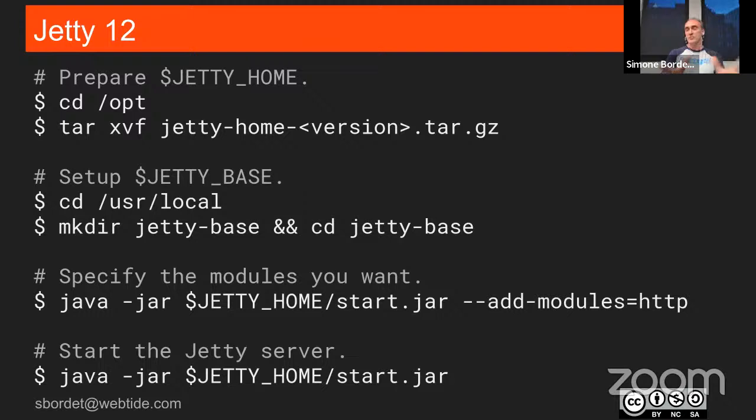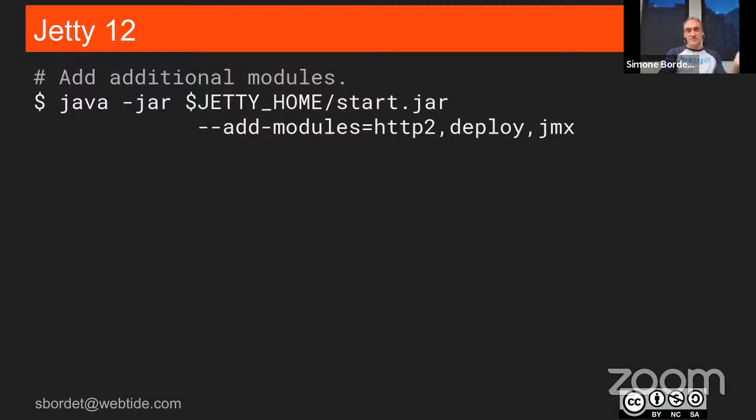This is super simple, and what this Jetty server will do is receive an HTTP 1.1 request, but because there is no web application deployed to it, it will just reply, I don't know what to do with this request. This is a 404, right? It's not found, whatever you ask me. I understand you, but I have no web application deployed to me, so I don't know how to treat this request.